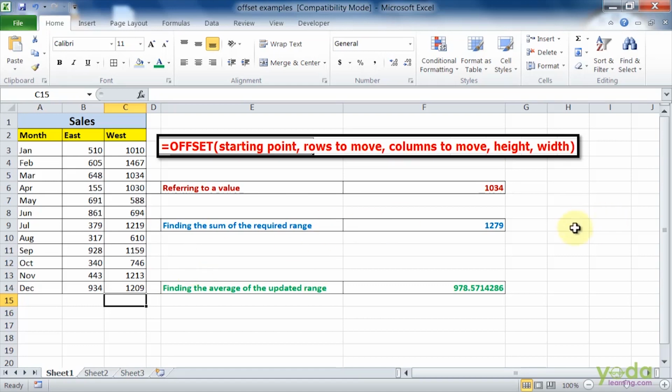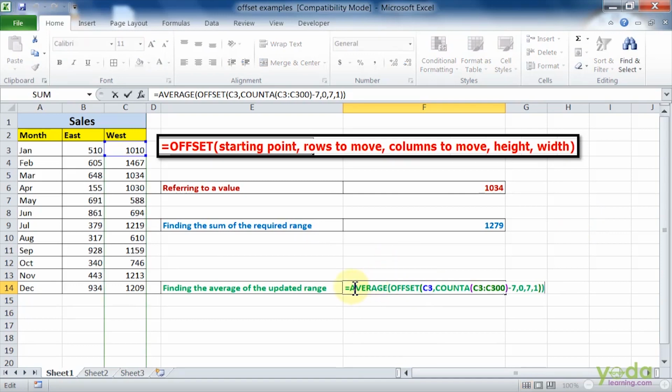Let us see how to use the offset when the values are unknown and the address is unknown. This is my formula, the function average of the given range which will be found by the offset function.